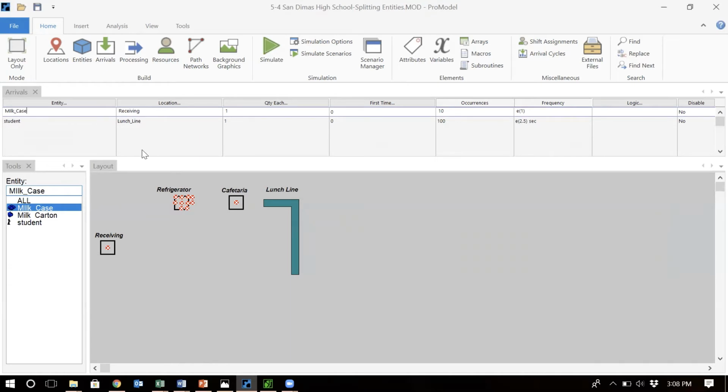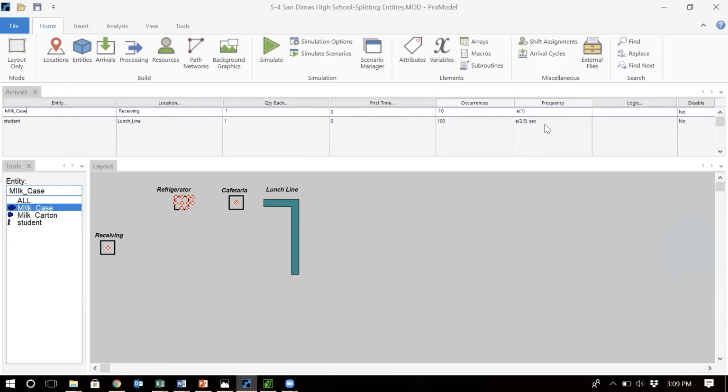exponentially distributed. For the students, they go to the launch line one at a time from the start of the simulation, and in each day we are supposed to provide service to only 100 students. So if I put infinity here, that means for as long as I run the simulation, the students would come to the system, but that's not the case. I'm going to run this system only for 1 day, and in each day I only have 100 students to provide service to. And the inter-arrival time of these students, which come to the system one by one, is 2.5